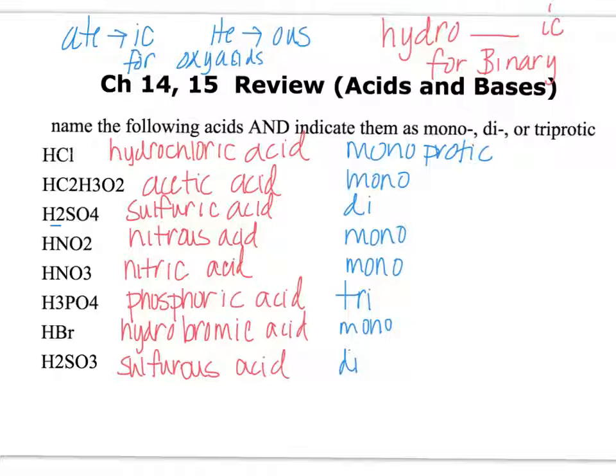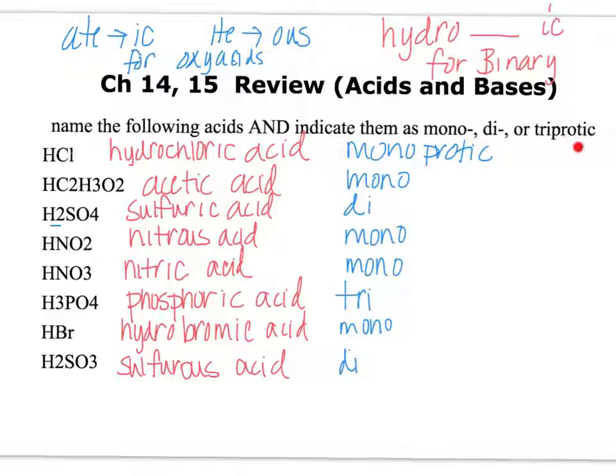And of course, it's a binary acid. That just means it's hydrogen and one other element, no oxygen, and that's where we change the stem of the word to ic. So in this case, this is chlorine, so it'd be hydrochloric acid. And then the second part of this was to tell me whether it was mono, di, or triprotic,